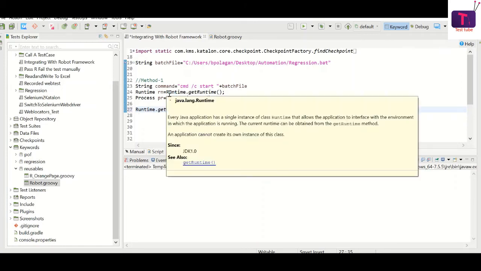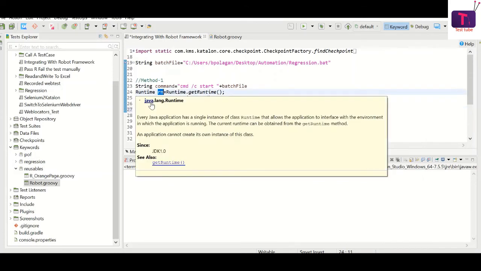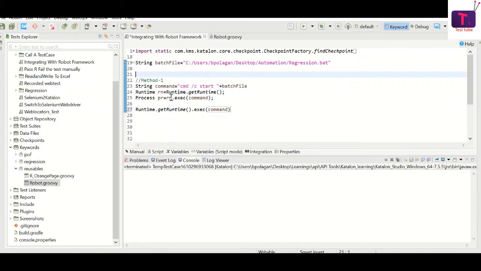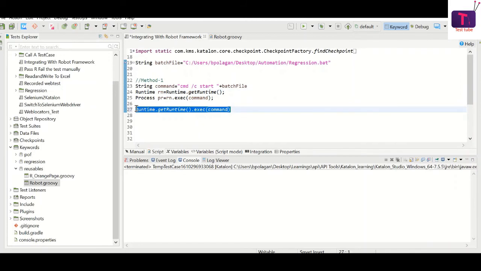One is wherein I am getting the object for runtime, and then I am using that object to access the method called exec, and then I'm running it. So you can do it this way or this way as well. So that's it. This is how we run the bat file in Katalon Studio, and the bat file is something having the robot